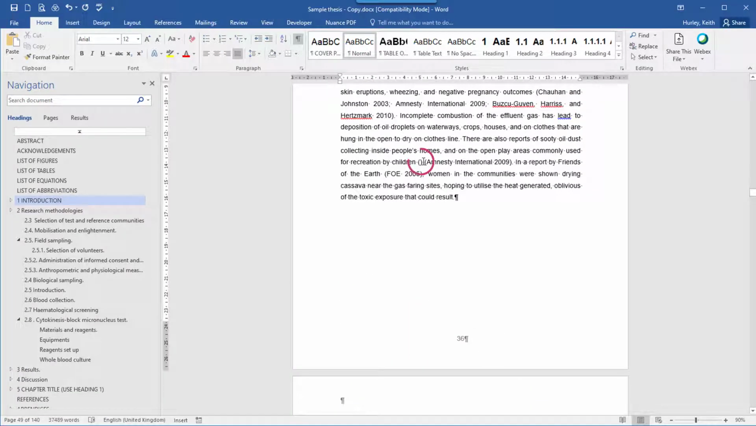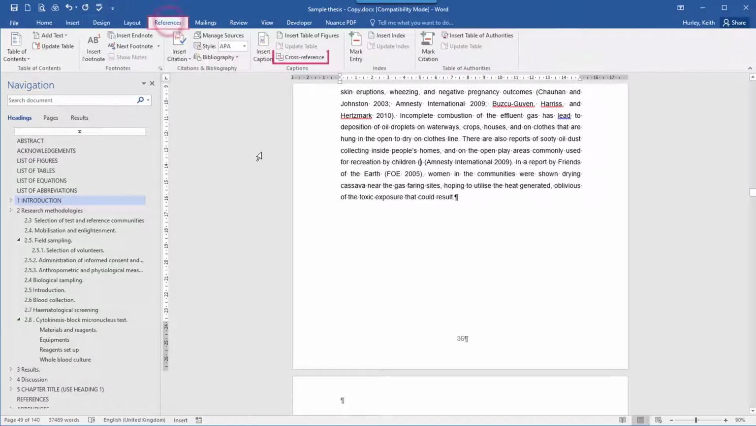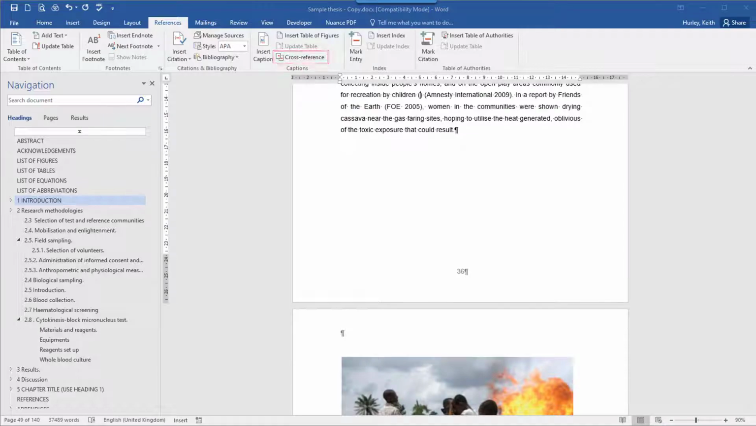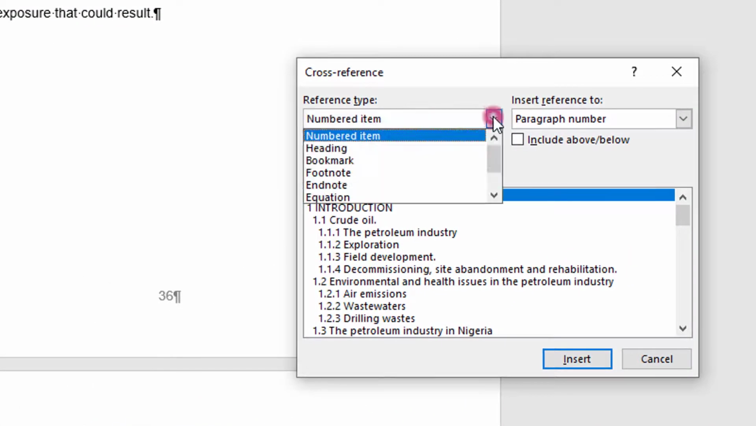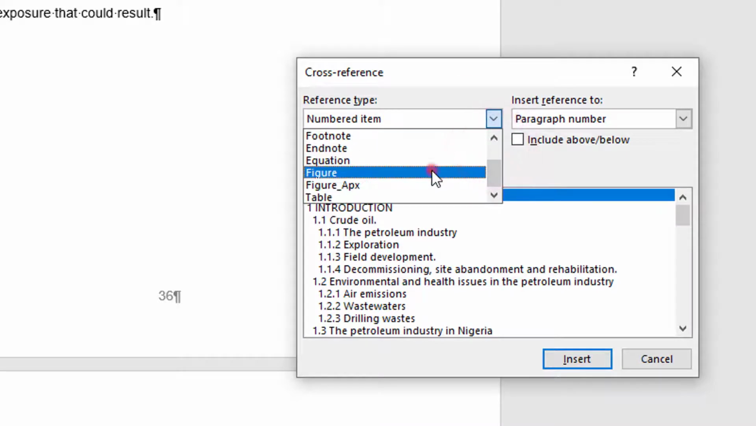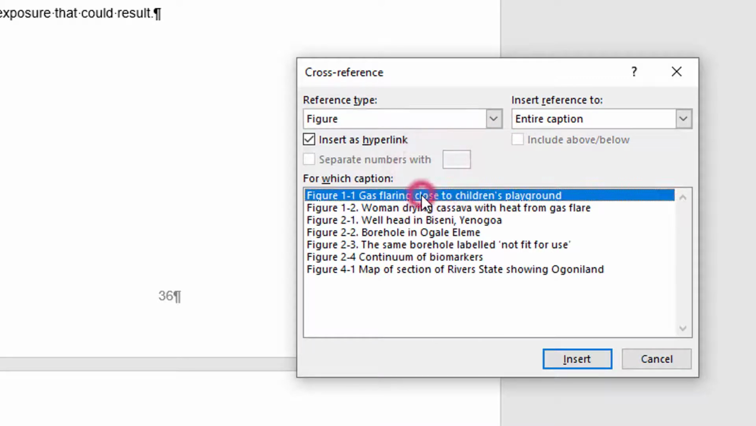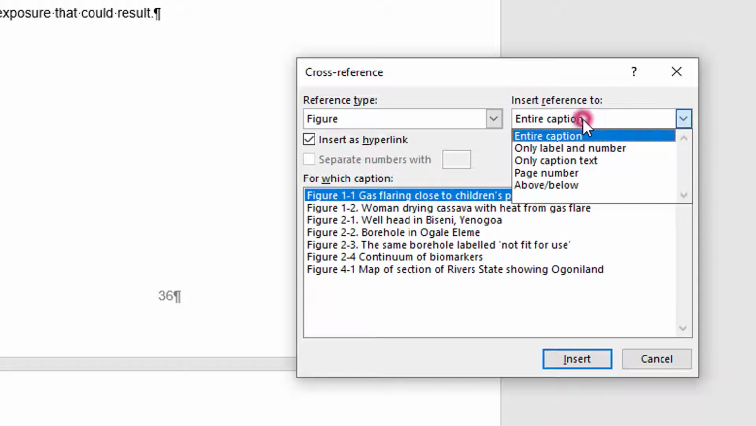Next, click into the text at the point where you would like to insert the new cross-reference. Then click the References tab and click the cross-reference command in the Captions group. In the Reference Type drop-down list, select Figure. Select the figure you wish to cross-reference, in this case it's Figure 1.1, then in the Insert Reference To drop-down